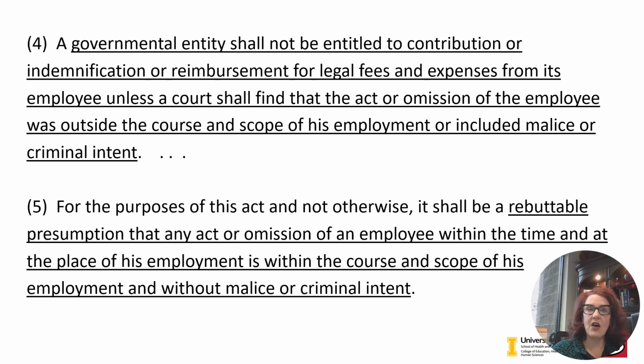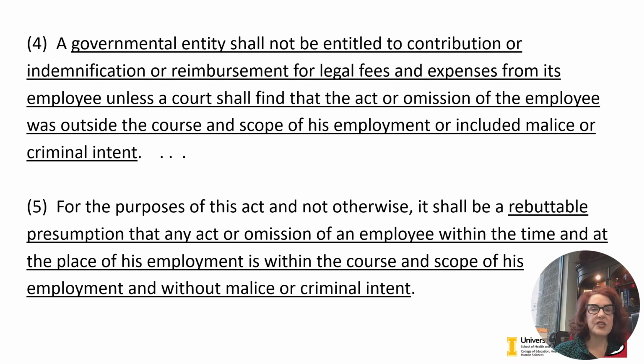Now, the law itself has a presumption that you are acting within the course and scope of employment. So for somebody at a public entity to say that we're not going to cover an employee, the governmental entity has to overcome that presumption. So they have to be able to prove that, okay, yes, it was not within the course and scope of their employment. It was not for their employer. The sexual relationship example is the one that is always the cleanest black and white for that.